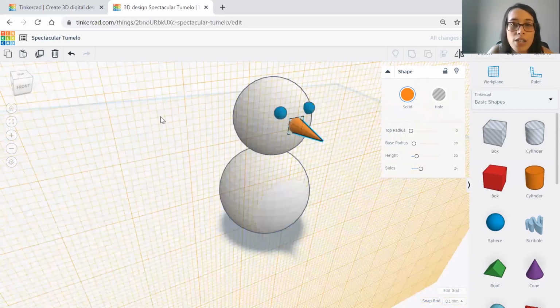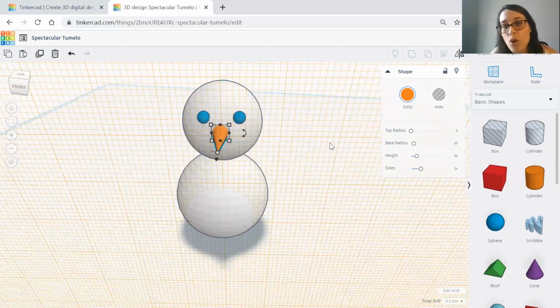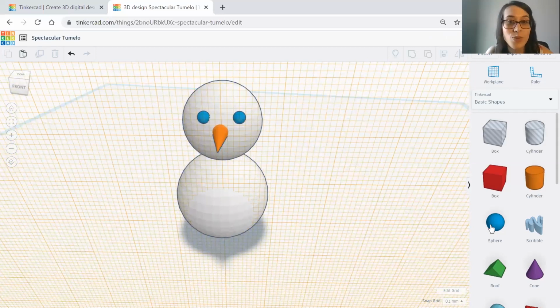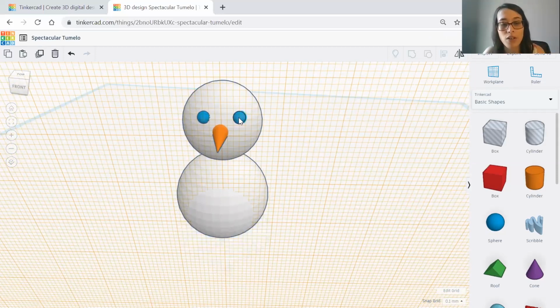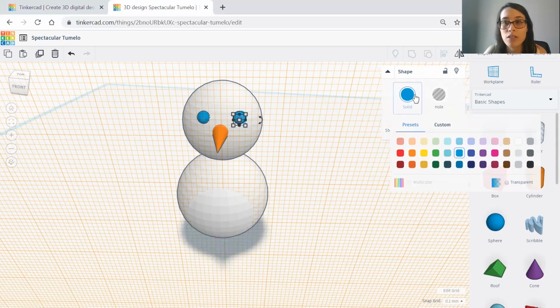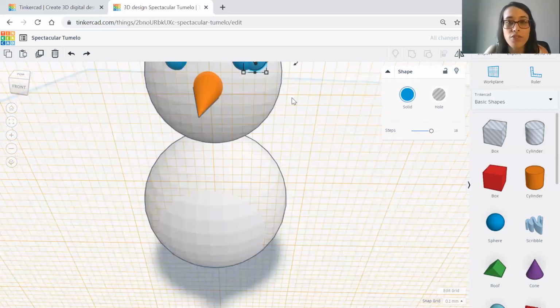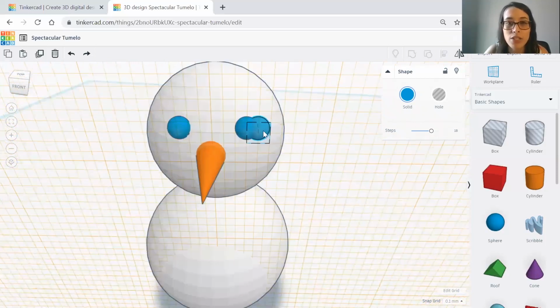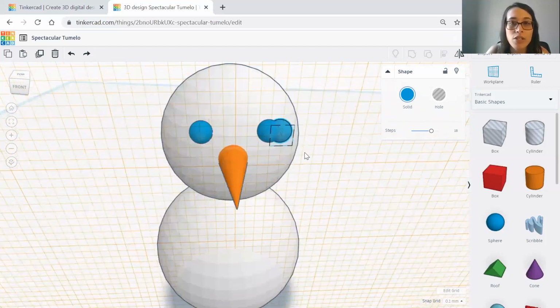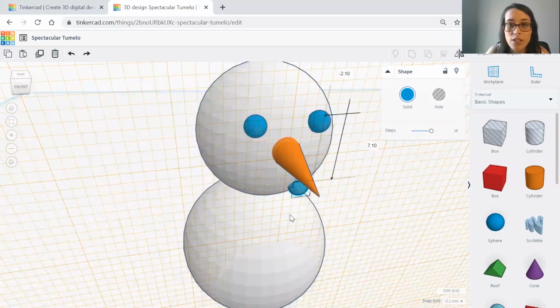So we've got eyes, a nose, 2 snowballs. I mean, I could add some buttons as well. I think I'm going to just copy his eyeballs and I'll make those eyeballs, or the copies, black like a button. So I've got eyeball here. Oopsies. And you can always Control Z if you make a mistake. Oh no. I'm going to zoom in a little bit because it's kind of hard to grab. And you can Shift and click with your right mouse click to move your view around. Let me see if I can grab this. Very small. Okay, so I'm going to put that and I'm going to make the button